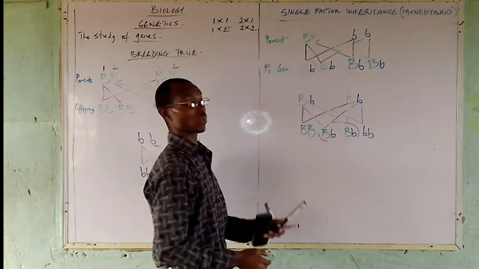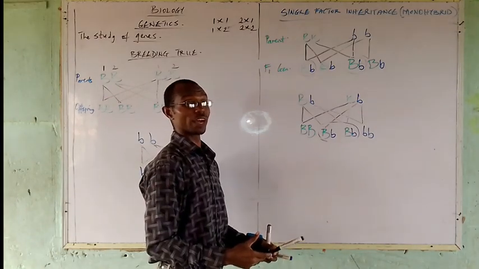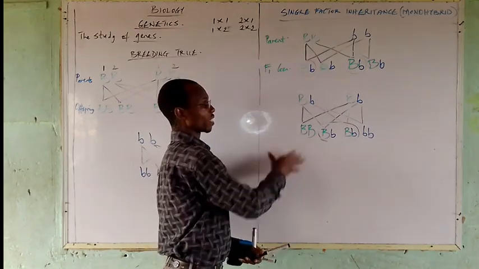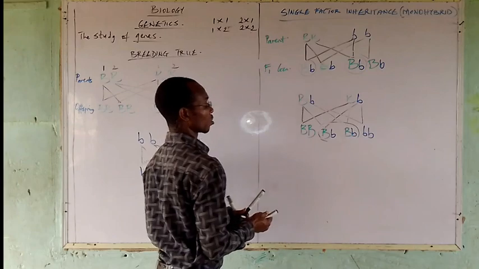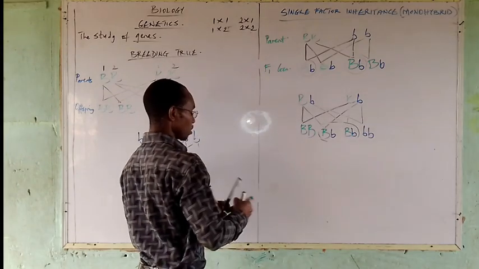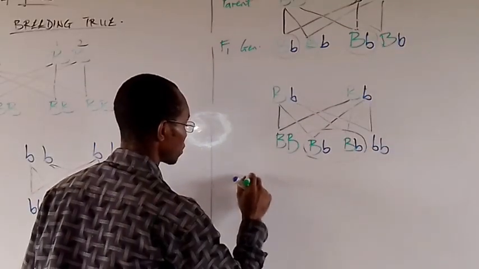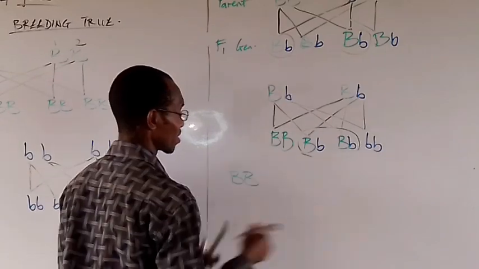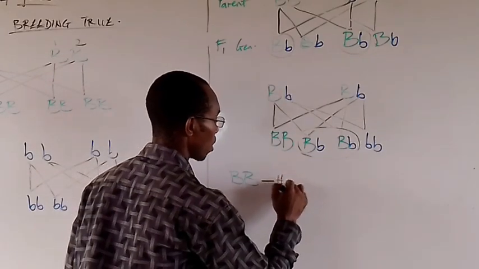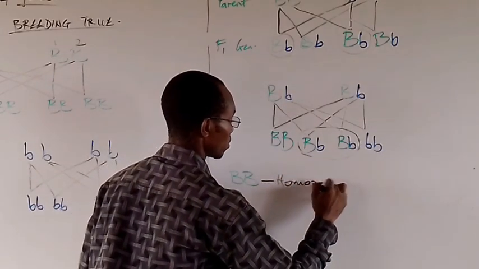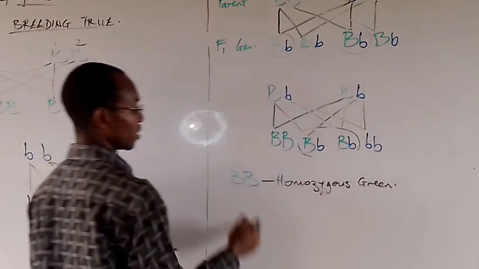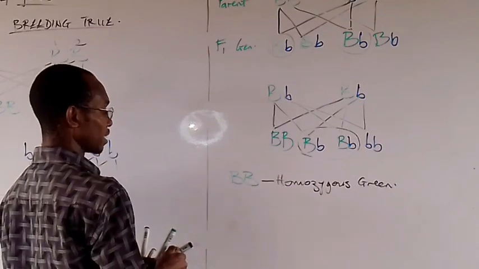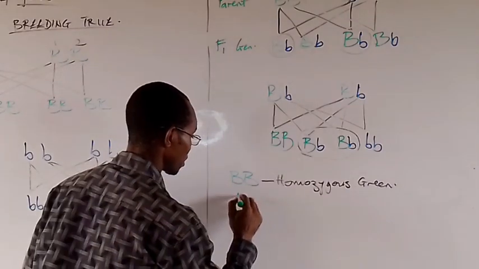So from this now, we can actually look at what we refer to as the interpretation of this cross. So if we want to talk about the interpretation of this cross, we'll be having this. We have the capital green. This is talking about homozygous. This is homozygous green, this particular one. And in this one where we have this,